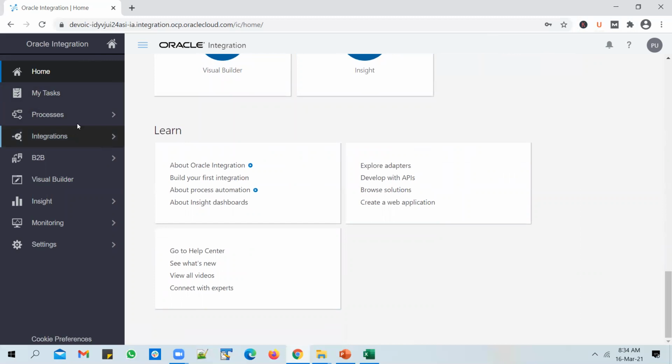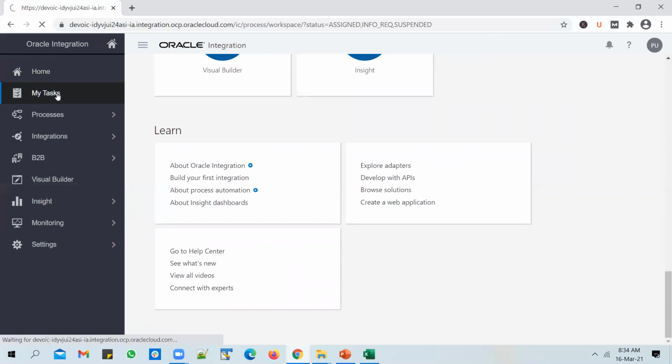If you look at the navigation options available here, I've just explained the home page. Now the My Tasks option. This is where you will see all the pending tasks that you need to perform, or the actions that are pending on your name. Say, for example, you are an approver in a PCS business process.